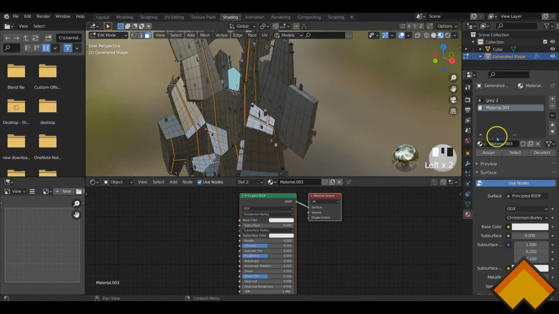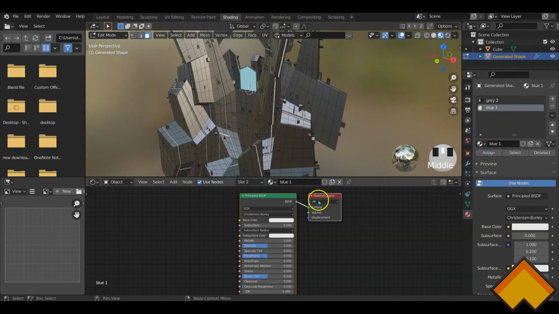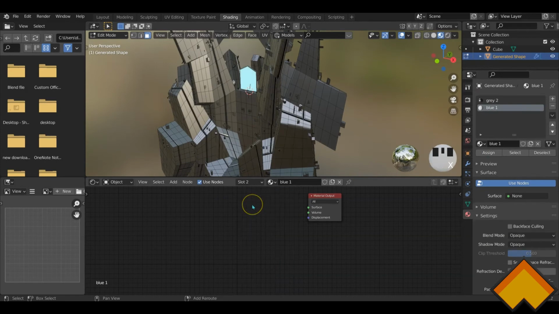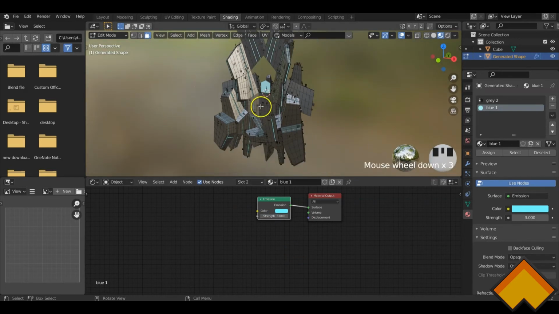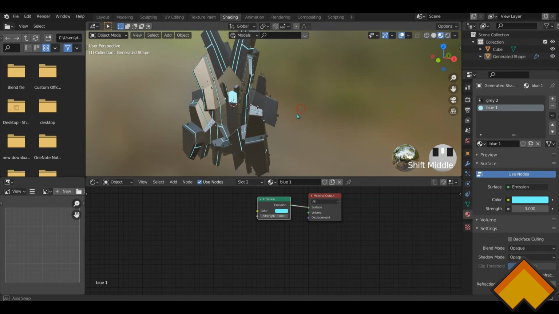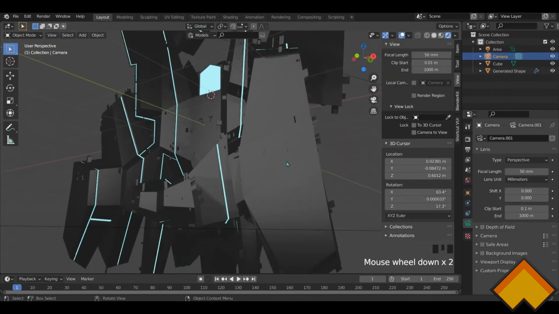Now let's assign a new material to this, and this is of course going to be similarly emitting blue light, but of course with less strength. Let's add in the emission shader. Let's go for the color to be a bluish tone, strength to be something of this sort. Now we have added